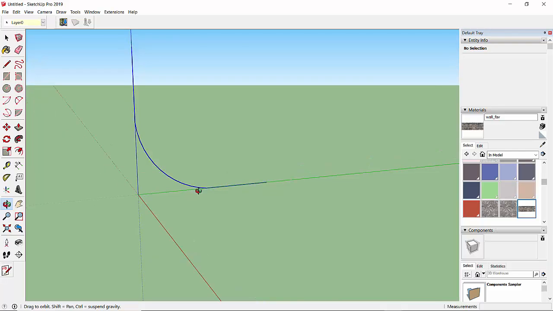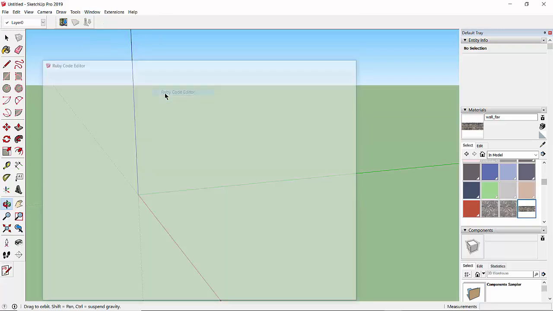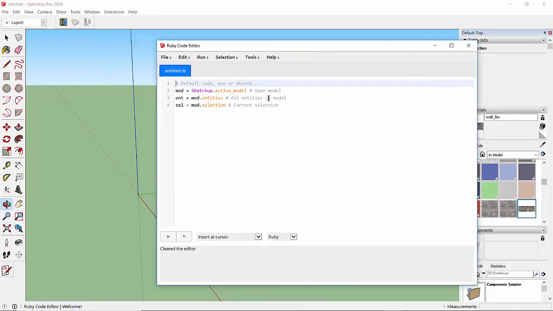I'm going to press Ctrl A and the delete key. I'm going to Window and Ruby code editor. As discussed earlier, these are the three different lines of coding. So without any delay, I'm going to draw two lines and add a curve between them. Let's say the start point is